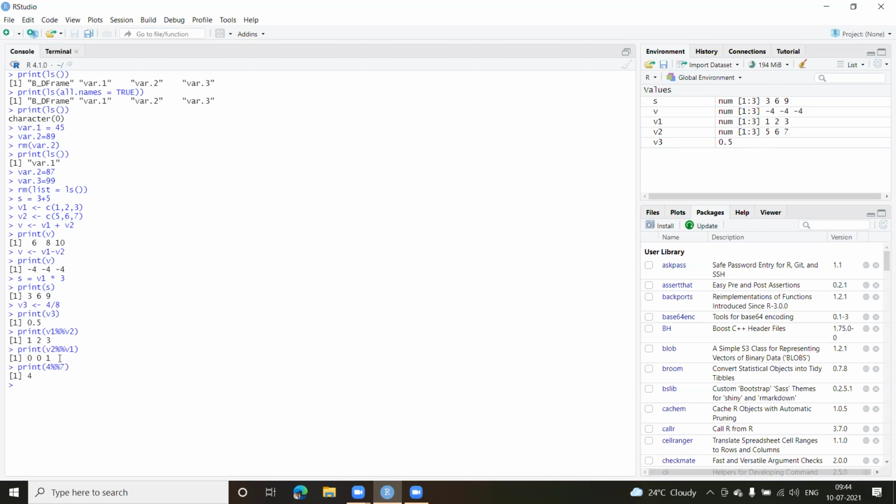Whereas if I do print 7 and I want to find the remainder with 4 here, what should be the answer, guys? Anyone? What will be the answer in this case? 3, sir. 3, exactly. So 4 ones are 4 and the remainder 3 will come here. So I get 3 as the output. I think you have understood this operator now, how it works.